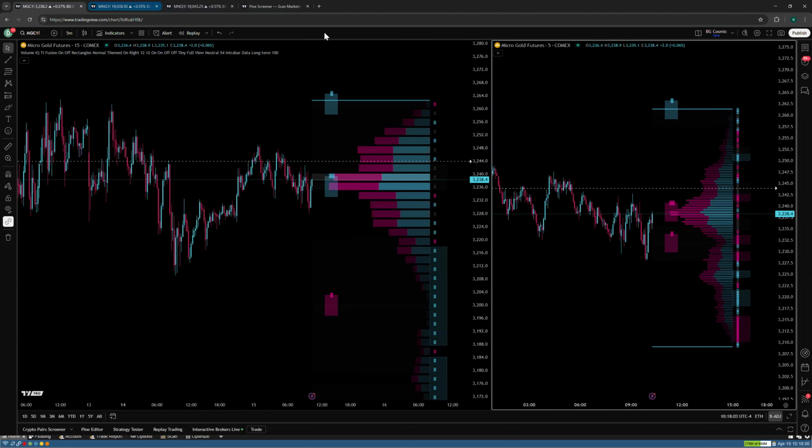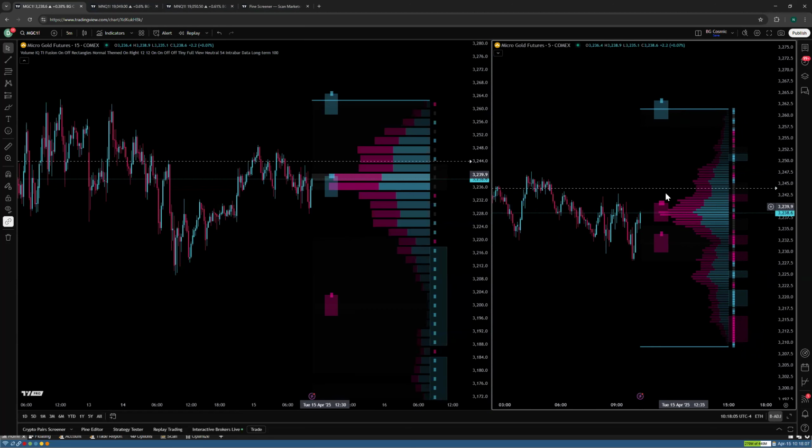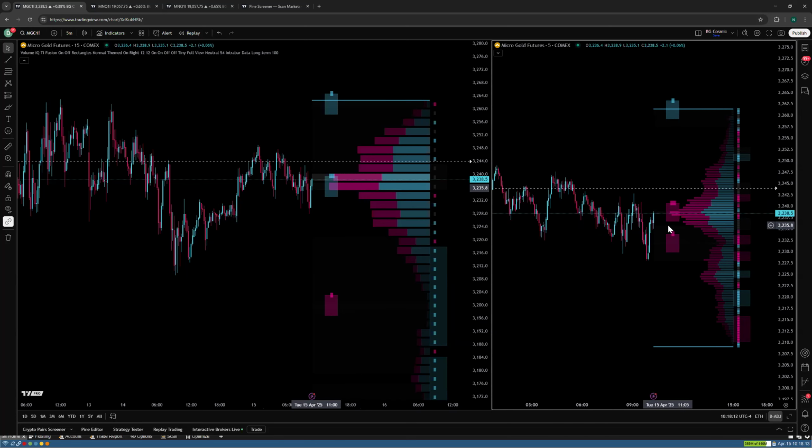Let's go over to the 5-minute. And actually on the right here, we can see the 5-minute chart. The volume profile on the right looks a little bit different than it does on the 15-minute chart because it's looking at a smaller time frame. And we can see on the 5-minute that where we are, 3,240 about, 3,238, is also the most important area